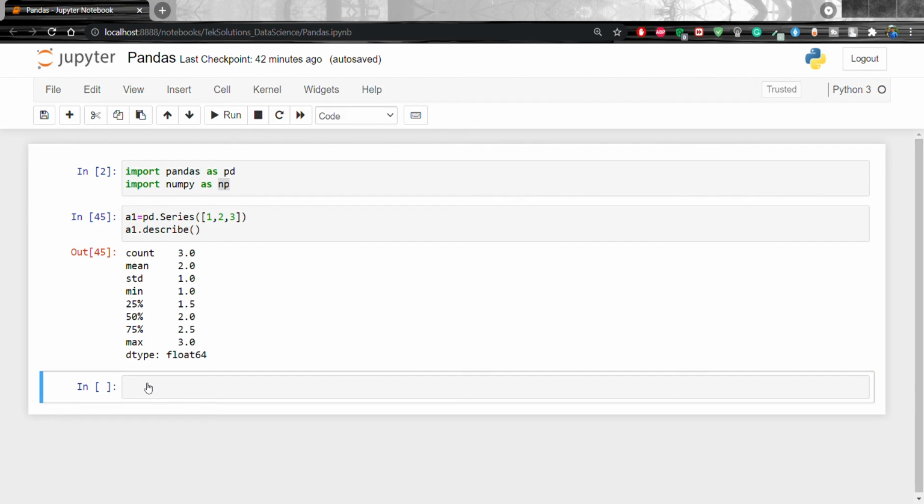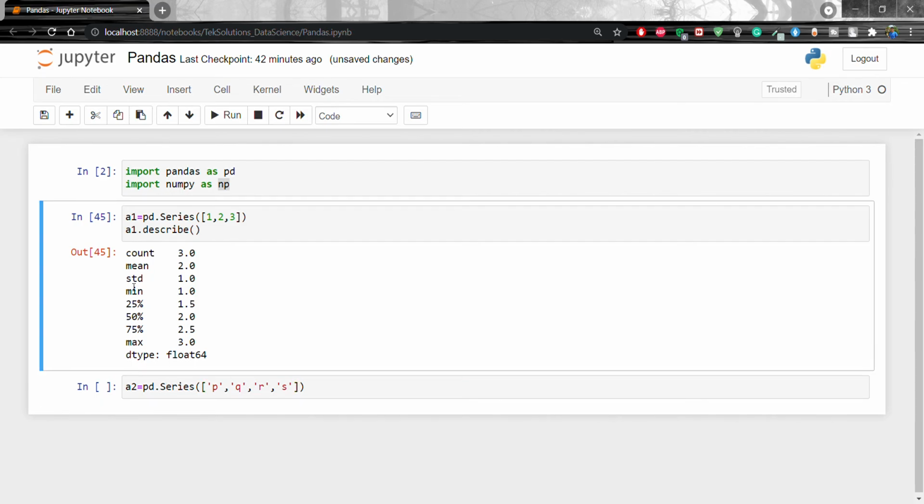First create the data frame a1, a2, create a2 equal to pd.Series. Now we have to pass p, q, r and s. Here you will see, because this is not numerical data, this is simple characters, we will not get mean, standard deviation kind of things.